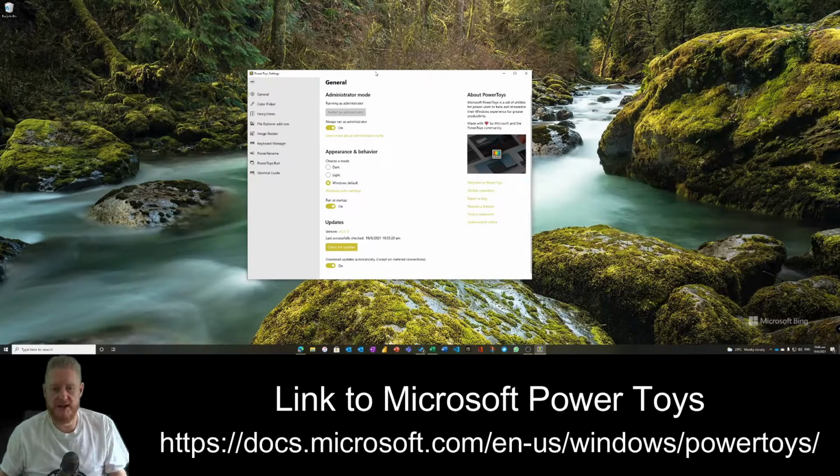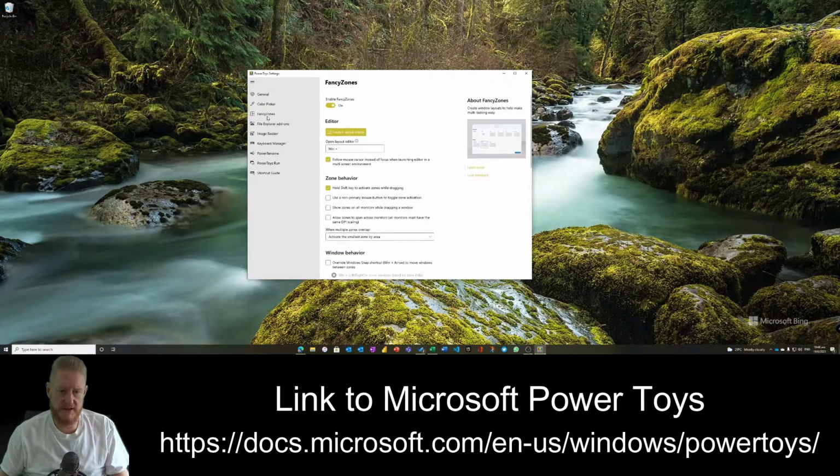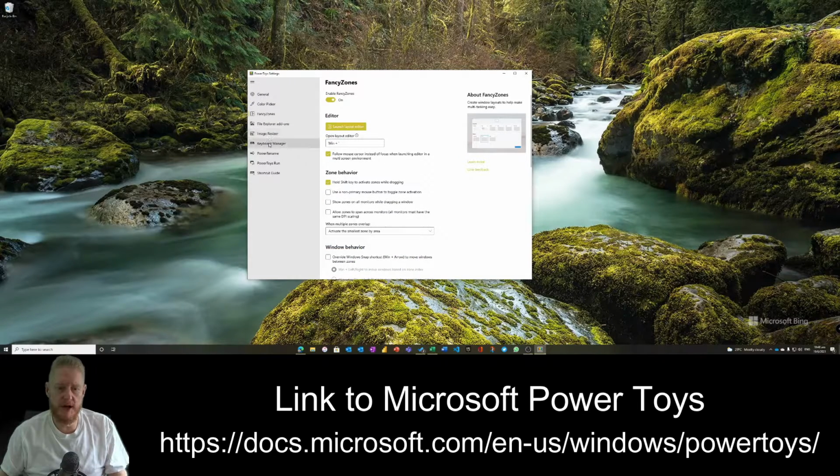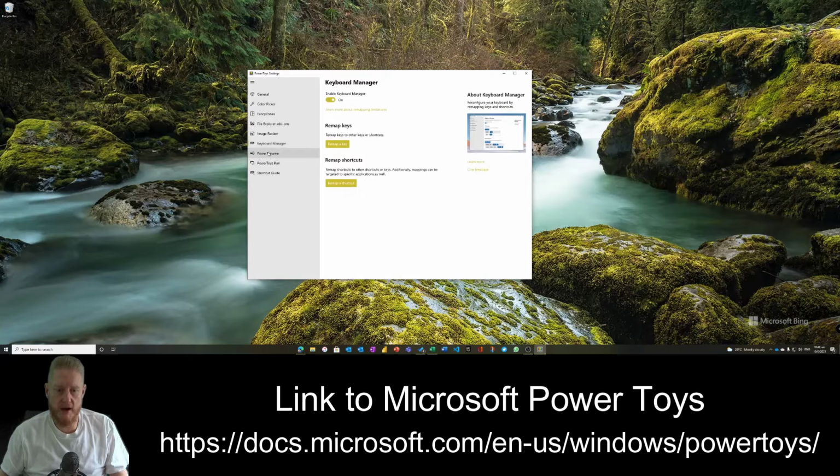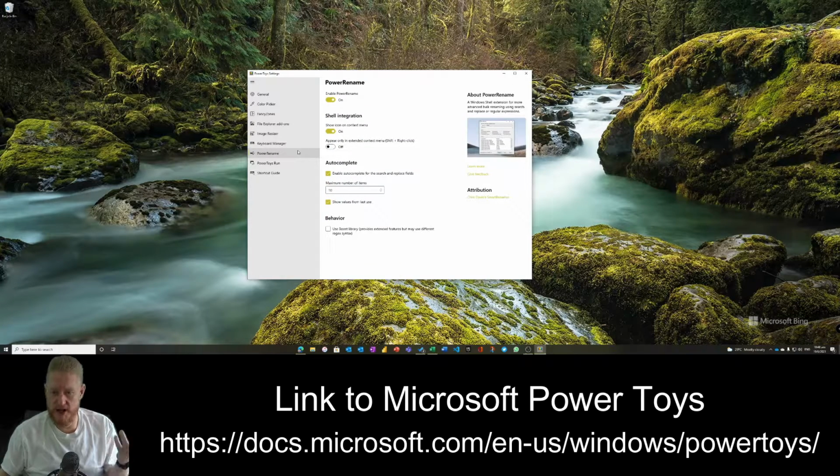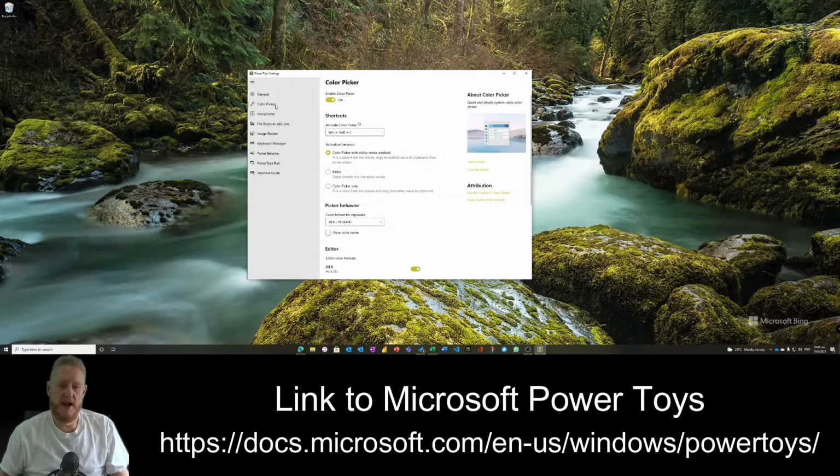And so the PowerToys settings let me go through all those different utilities to be able to use. Like I said, there's Color Picker, there's Fancy Zones, which is really what we're going to talk about. There's Keyboard Manager, Power Rename, right, for batch renaming different things. Let me show you Color Picker for a second. It's kind of cool. For Color Picker, you use Windows Shift plus C, and then what you get is this little